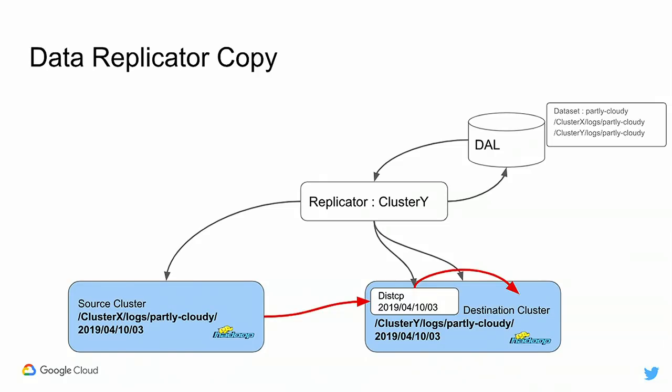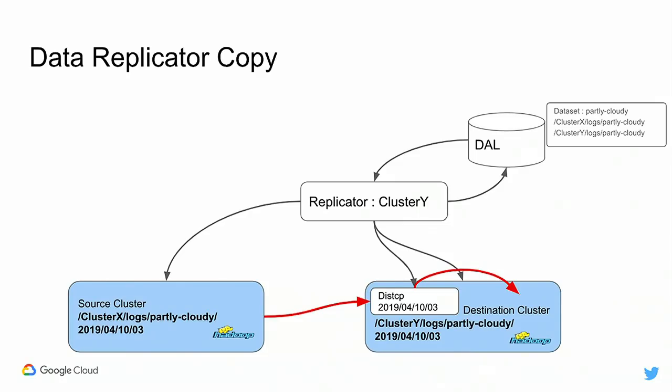It is responsible for making sure that all the data sets from different sources are in sync at the destination cluster, right? After fetching those entries, for each entry it will do a metadata lookup from the source cluster to the destination cluster. Basically, it does a directory listing to make sure all the partitions are in sync. If any new partitions are available, then it kicks off a MapReduce job called the Hadoop DistCP job. And the DistCP job is the one which is actually transferring the data. The red arrow shows transferring the data, and then the DistCP job writes locally at the destination cluster, right?